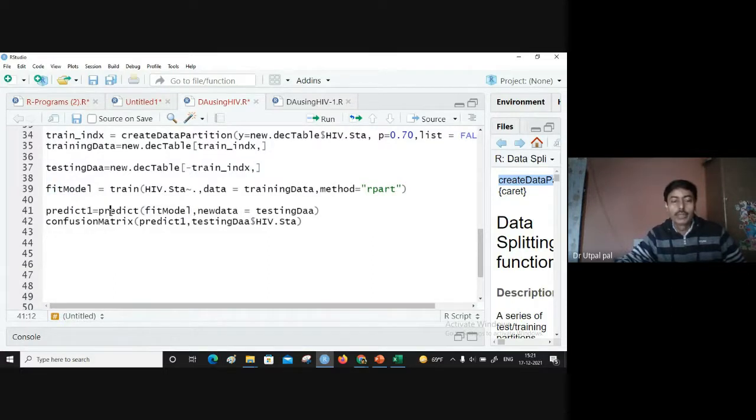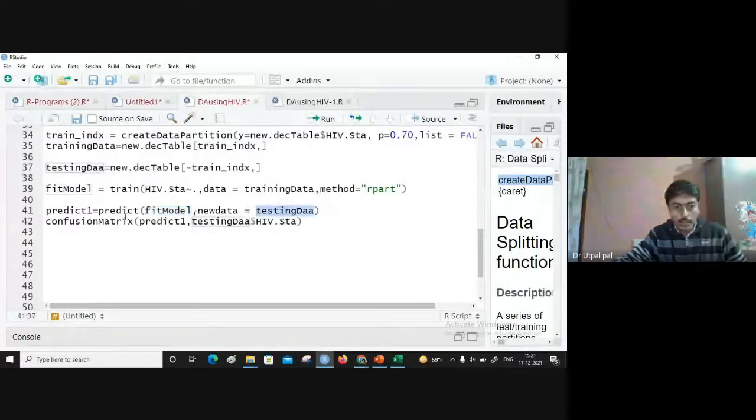Now predict. We are using the testing data set for prediction. This model will predict for the testing data, and for this the function is predict.